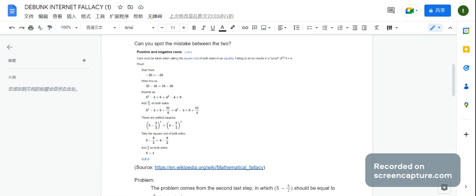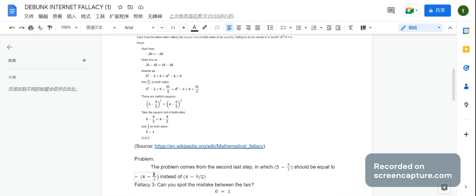Negative 20 is equal to negative 20. 25 minus 45, because 25 minus 45 is equal to negative 20. And then it rewrites as 5 squared minus 5 times 9. And then you add 81 over 4 on both sides. In this case, it forms a perfect square, (a minus b) squared. So you can get this step, and then take the square root, and you get 5 is equal to 4. The problem actually comes from the third last step, which states that 5 minus 9 divided by 2